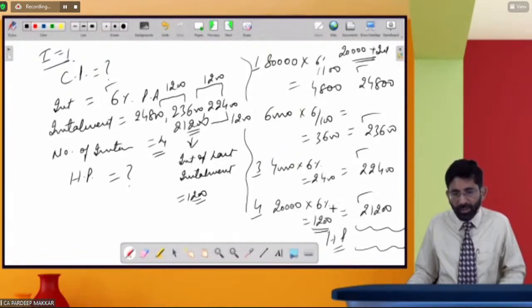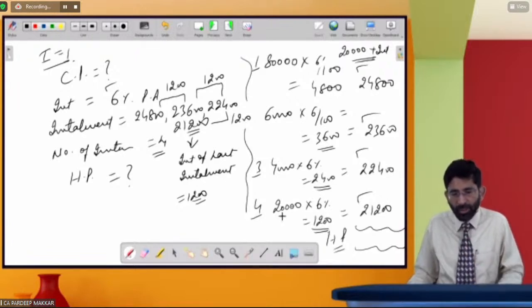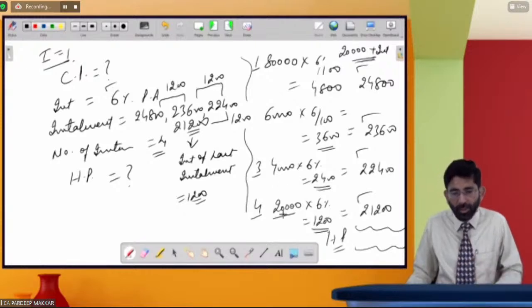यहां पर 1200 है, अगर मैं इसे 2 से मल्टीप्लाई करता हूं तो 2400 आ जाता है, अगर मैं इसे 3 से मल्टीप्लाई करता हूं तो 3600 आ जाता है, बिकॉज पीरियड सेम है, गैप बिटवीन टू इंस्टॉलमेंट्स, पीरियड का गैप जो है वो सेम है, जिस वजह से ये मल्टीप्लाई होके ऐड होता जा रहा है। आप देखो ना, 20,000 इंस्टॉलमेंट थी, उससे पिछली इंस्टॉलमेंट कितने की थी, उससे डबल थी।